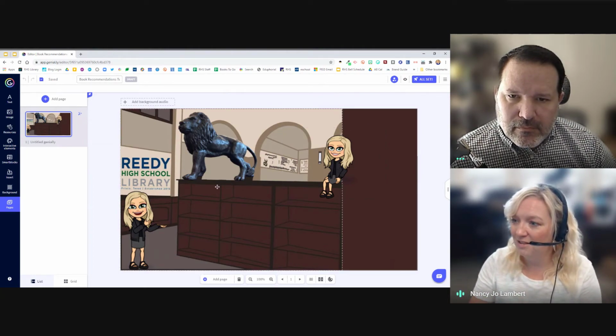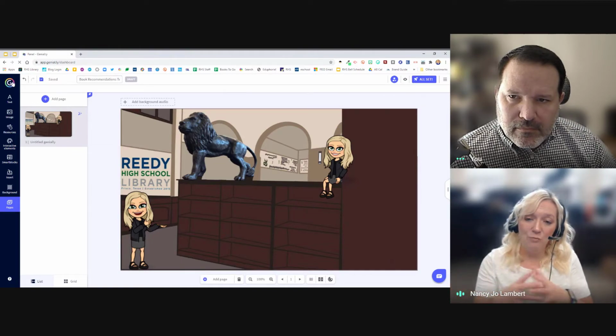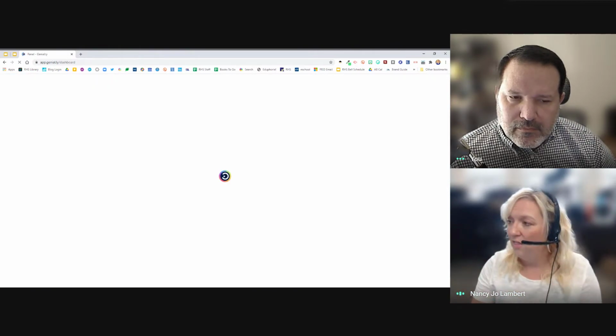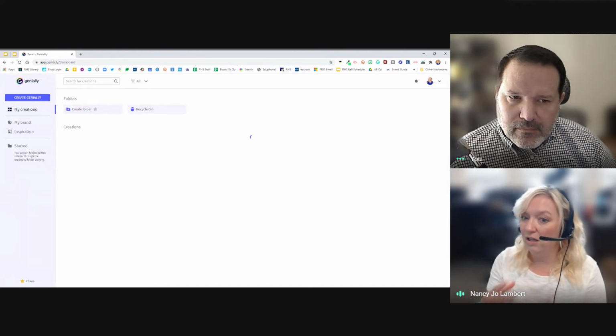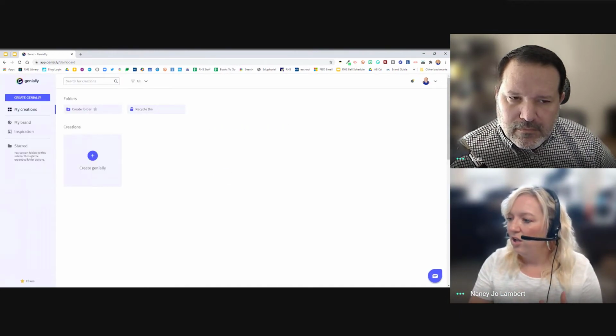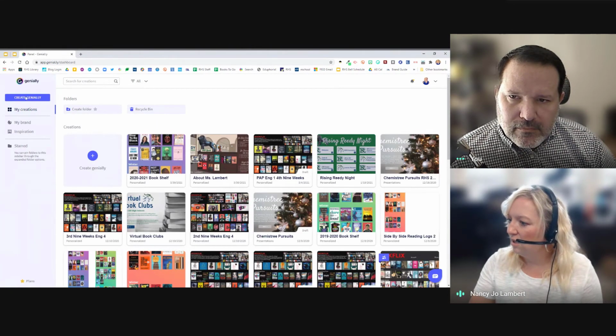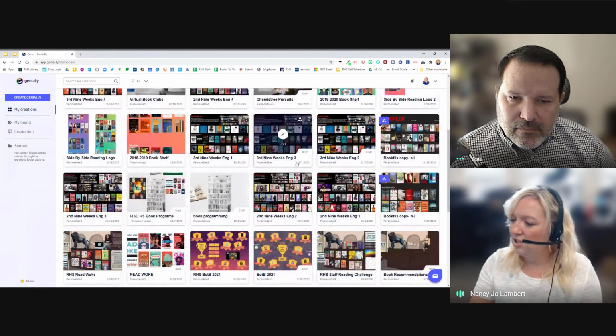I can duplicate this and put all the different elements in here that I want. The elements within the Genially you can also animate, and you can link things to, and you can do all the things.